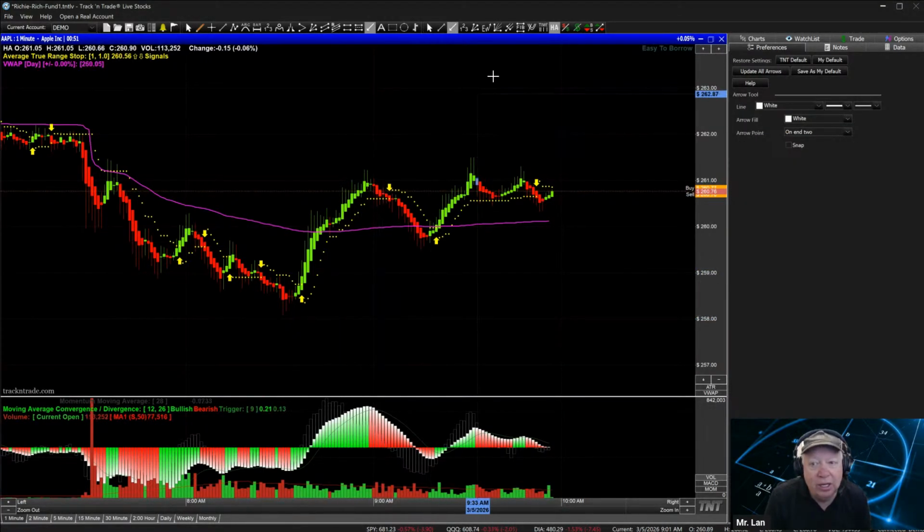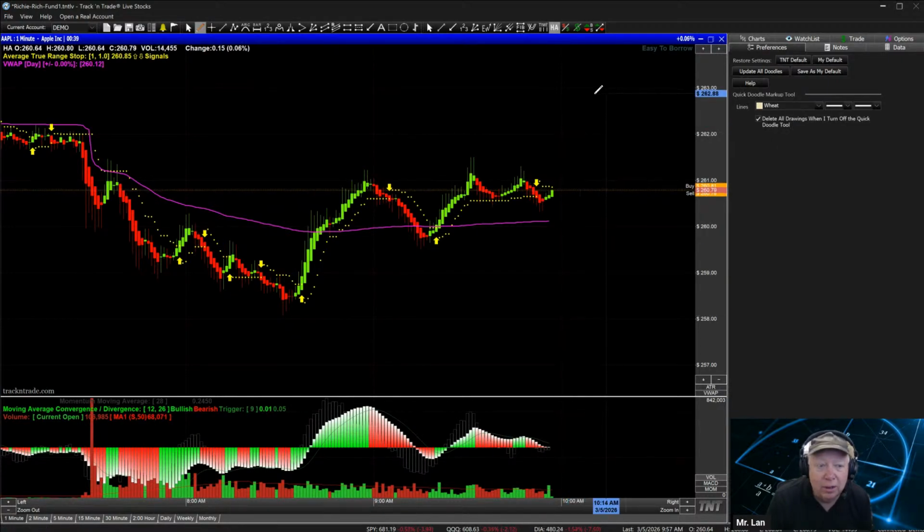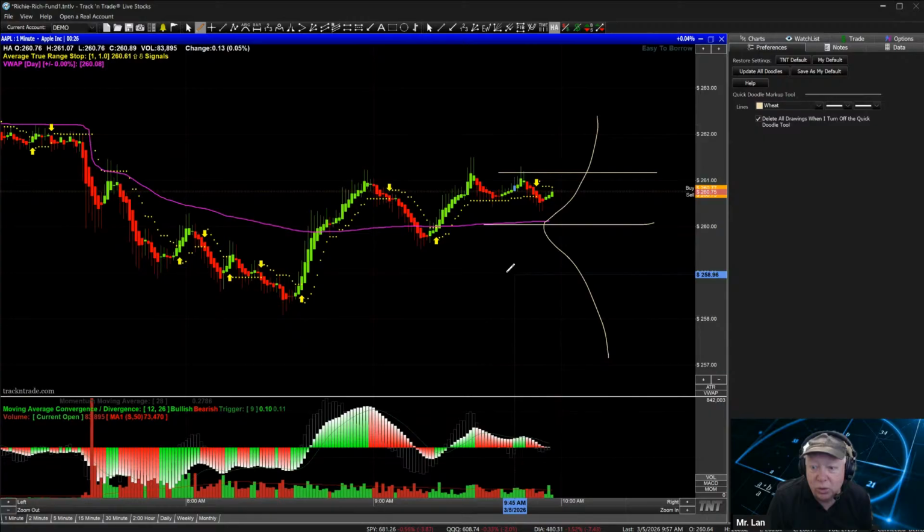So think of it again as kind of a delta cone of probability, and it's the center of the delta cone of probability based on volume. So it's just a different way of calculating the delta cone. We're going to say that this is the delta cone at any given point. That's going to be the center of our delta cone of probability right here. And the market has a tendency to want to stay within the delta cone of probability 80% of the time,